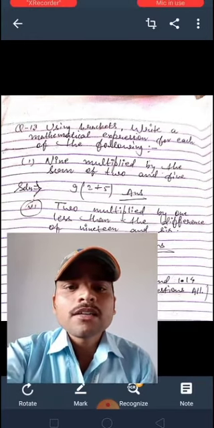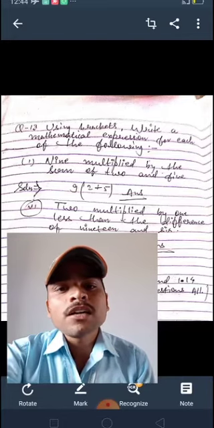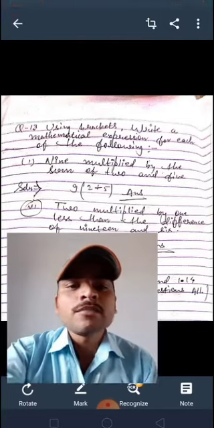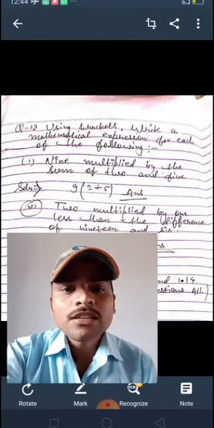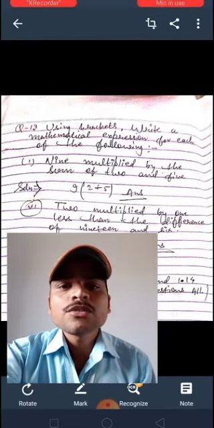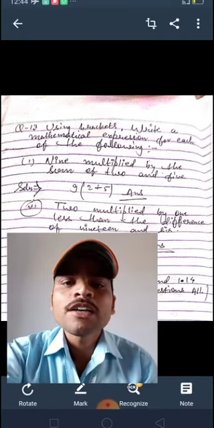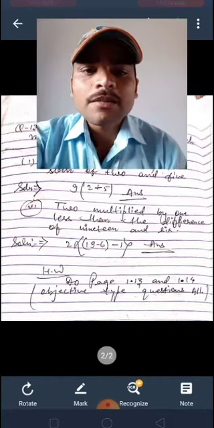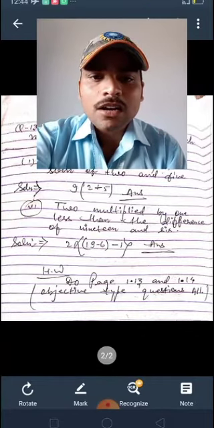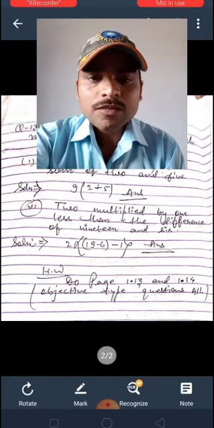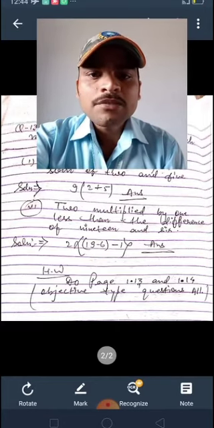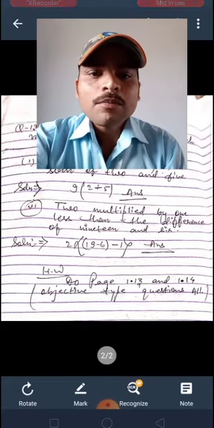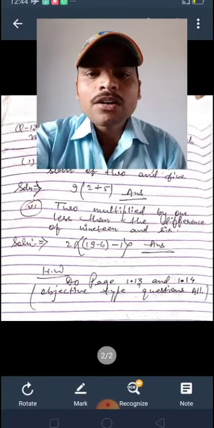You already know that if a symbol of bracket is given and earlier if you put any number, then you can multiply. So this is the answer of question number 13, the first one. Now move on to 6. 2 multiplied by 1 less than the difference of 19 and 6. So first write the difference of 19 minus 6 with a small bracket, minus 1, right, and you already know